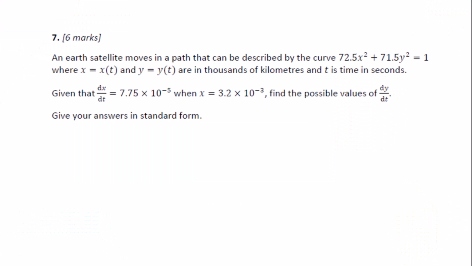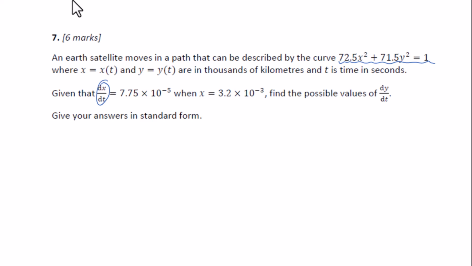This video is about IB questions for implicit differentiation. Number 7. An Earth satellite moves in a path that can be described by the curve given, where x is a function of t and y is a function of t, are in thousands of kilometers and t is time in seconds. Given that dx by dt equals